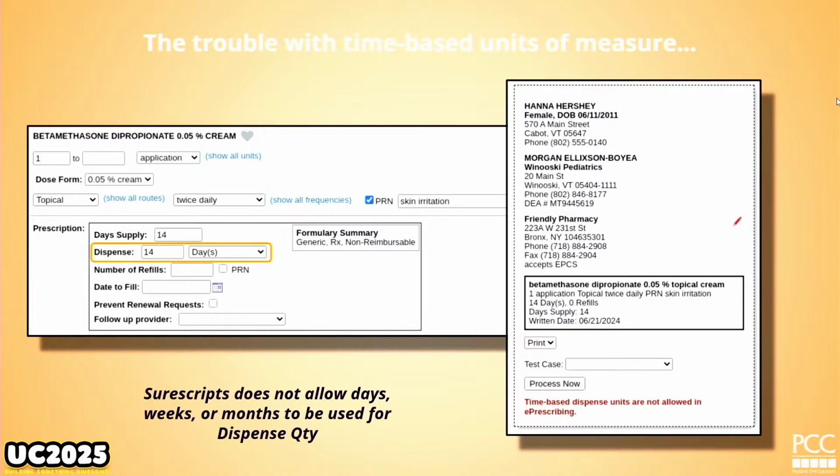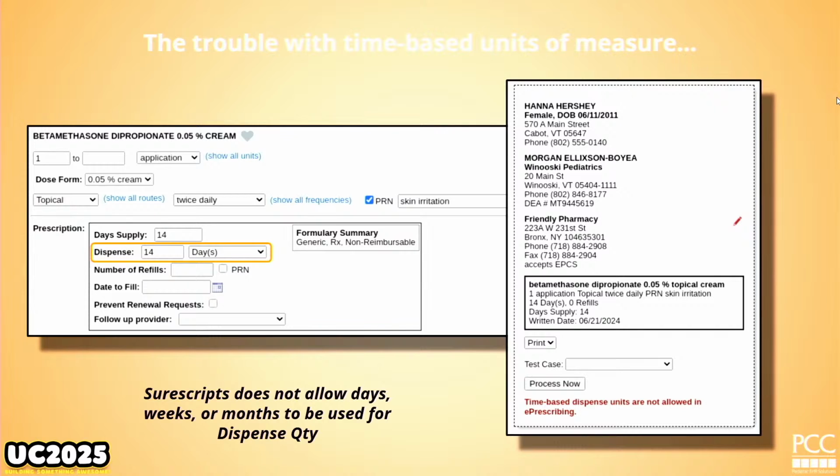Okay, time-based units of measure. I guarantee you've seen this error message before, and you've wondered, what the heck's going on? Time-based units of measure are days, weeks, and months. Back in the day, when we used to write prescriptions, you'd say, give that patient 7 days of this drug. SureScripts doesn't like that, because we don't know how much 7 days is. And so we have to send these prescriptions through SureScripts to the pharmacy. You have to pick something that's quantifiable, like one tube or a 30-gram tube. Some of your dosing statements will automatically default to 1 day or number of days, and you didn't do it on purpose, but you will have to go in and pick out something that makes a little bit more sense.